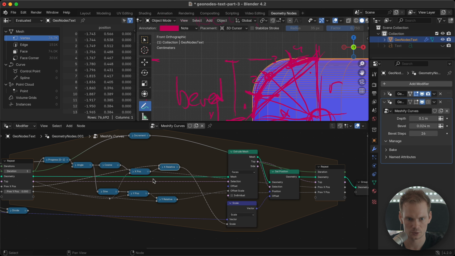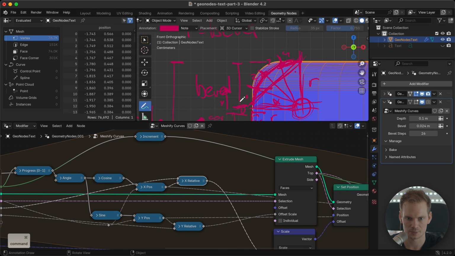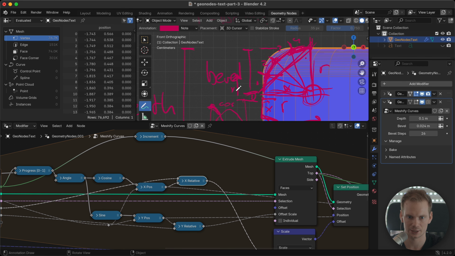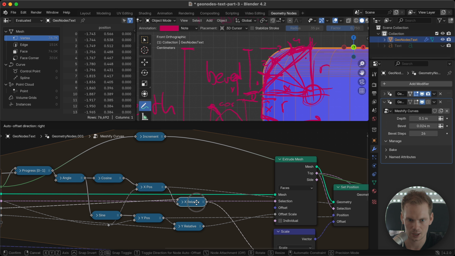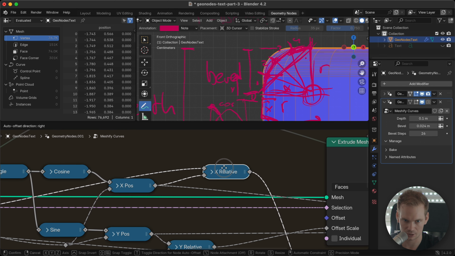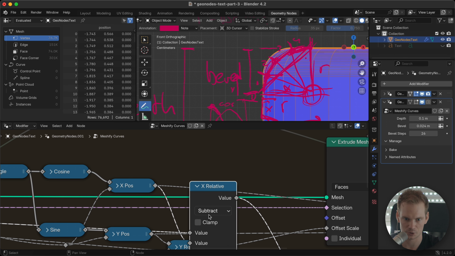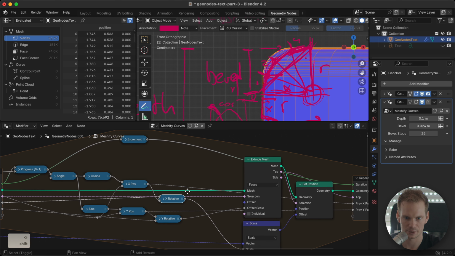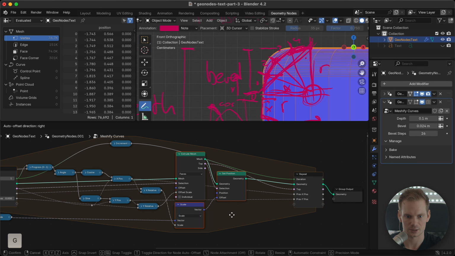I mean, it's only a few nodes, and you just need to draw some stuff to understand what to calculate, whether it be the cosine or the sine. And if you don't know at all and you can't figure it out, just try. Just try it. And sometimes you see it moving the wrong direction. If that happens, you just have to flip the axis around. So instead of a positive number, you want to get a negative number, or vice versa. And that means you can multiply by -1, or you can just swap around the subtract plugs over there. And that will also flip the sign. And yeah, that's pretty much it.